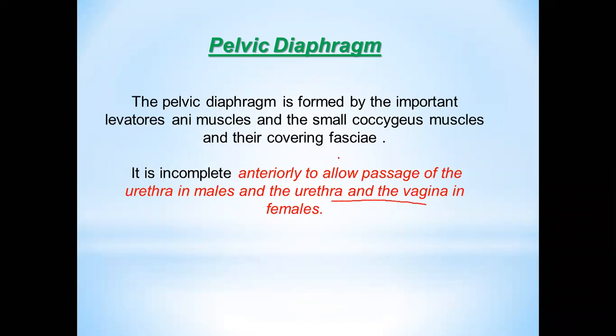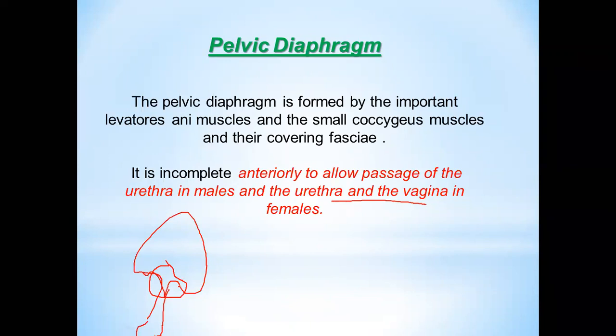Please note this point: if you consider this as the pelvic diaphragm, which is deficient anteriorly, it allows directly the urethra in both male and female to pass. And below, when it goes down, if it's a female pelvis, then it will also give a path to the vagina as well, but not in the male pelvis. That is why this space is an empty space. It does not have any peritoneum here. That is why we say that this space is deficient, and it goes downward anteriorly.